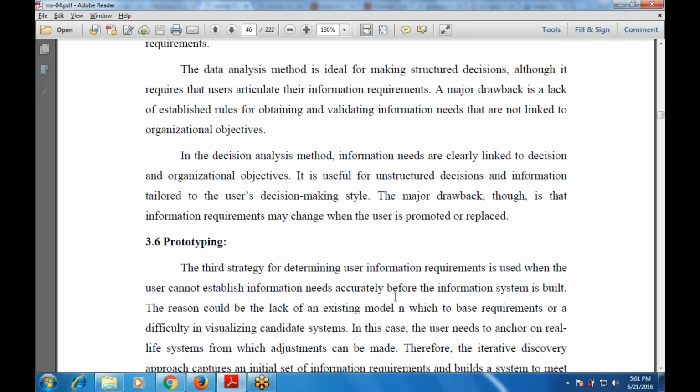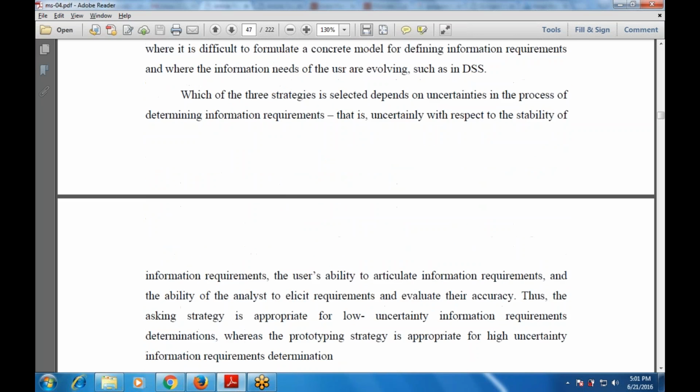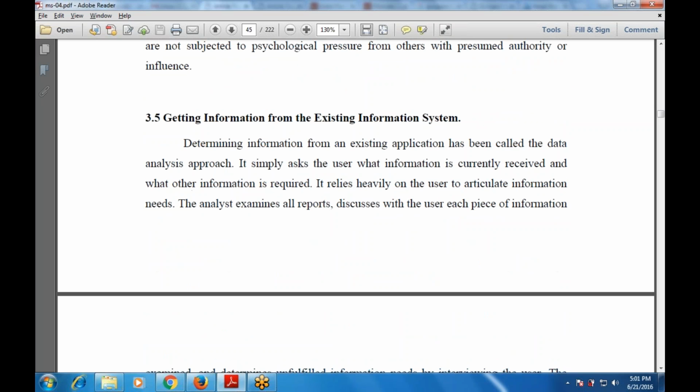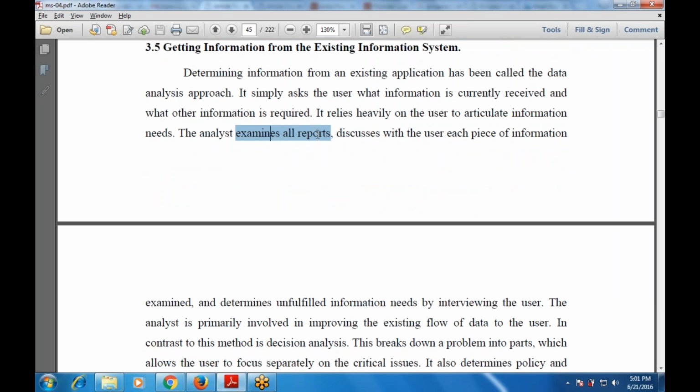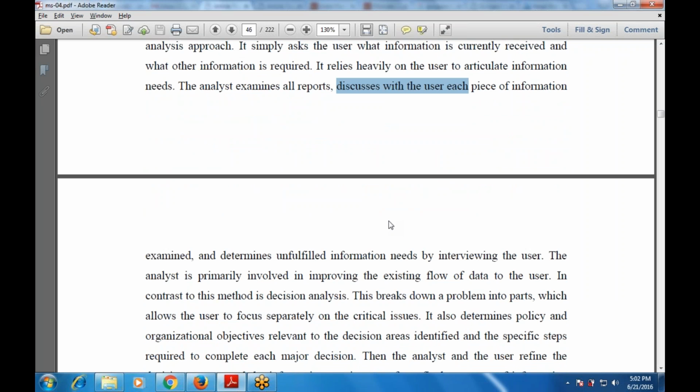Next one is getting the information from the existing information system. That is, an information system is already available and we have to gather the information. We can say system analysts generally rely heavily on these systems, because this information comes from the existing information systems, and the analyst examines all reports, discusses with the user each piece of information examined, and determines the unfulfilled information that is required by interviewing the